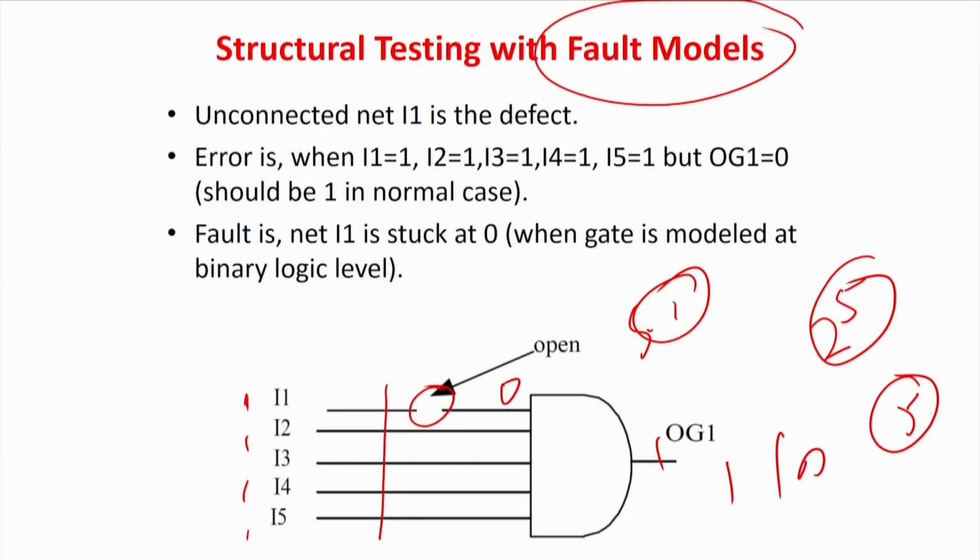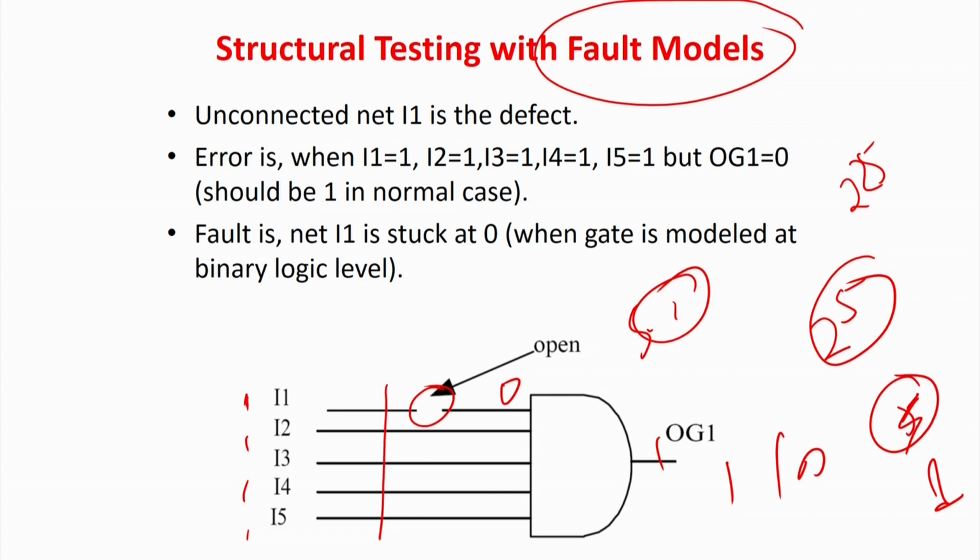If there is 1 1 1 1 1 and the output is 1, then it can be verified that none of the lines is stuck open, that none of the lines is cut. So you are fine. So in fact from 2 to the power 25 I am coming to 2 to the power 5 and in fact I am coming to one pattern. One pattern actually tests all the stuck open faults. In fact, you may assume that I am applying 1 1 1 1 5 times,